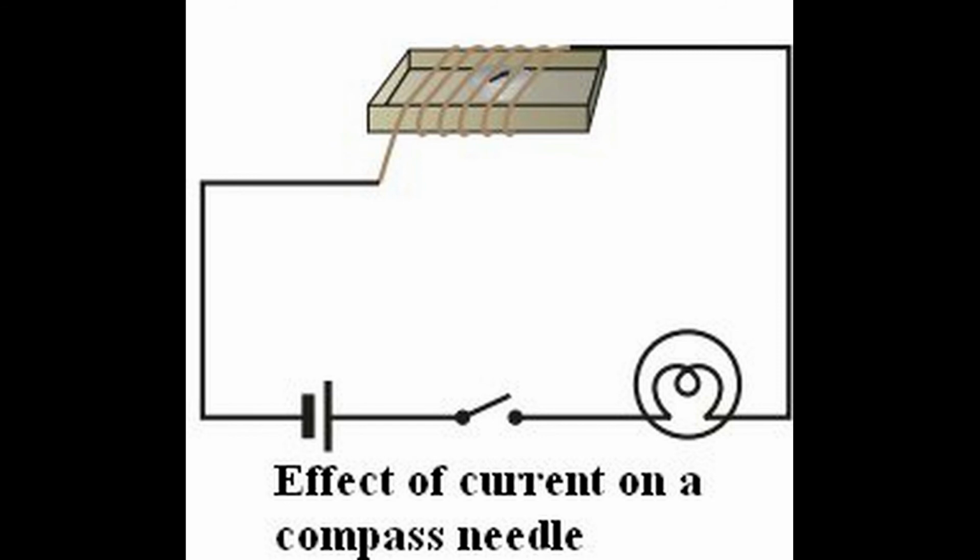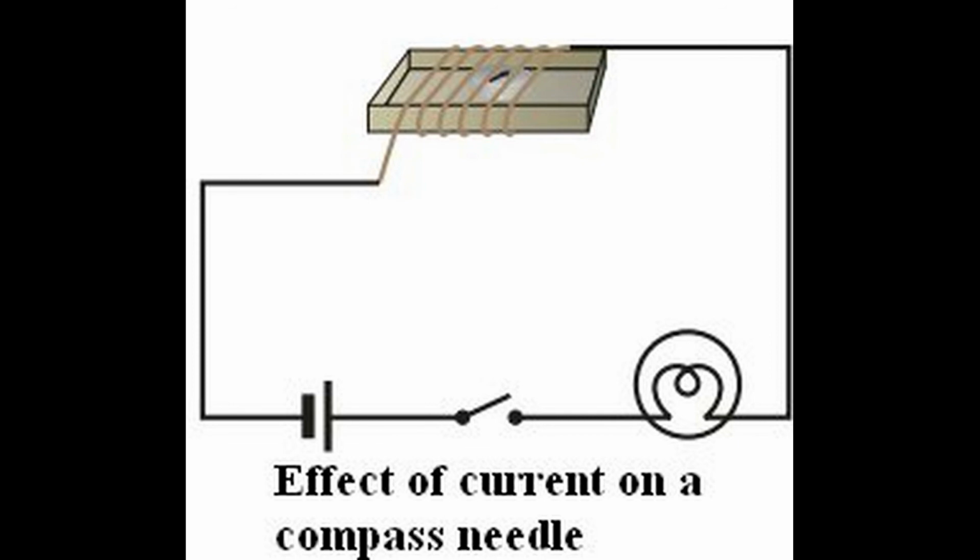So electric current can be used to make magnets. This is known as the electromagnet. When the electric current passes through a wire, it behaves like a magnet. We use this technique in different cases, for example the electric bell, where we use electromagnets. So now we will see what electromagnets are.